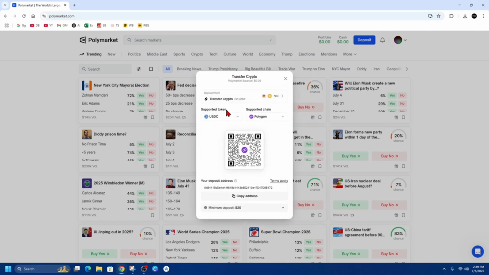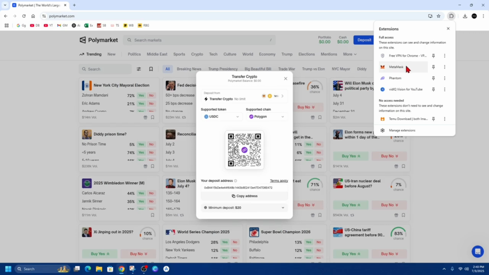And now below that it will say supported token USDC, and supported chain Polygon. So we can change this if we want. If we want to use DAI, USDT, ETH, WETH, POL, etc. And supported chain, we can change this as well. But for this demonstration, if I want to use USDC with supported chain Polygon, I want to copy this address. And it will say here minimum deposit of $20. So go to your Phantom wallet or MetaMask wallet, and then just put in that address and transfer over anything over